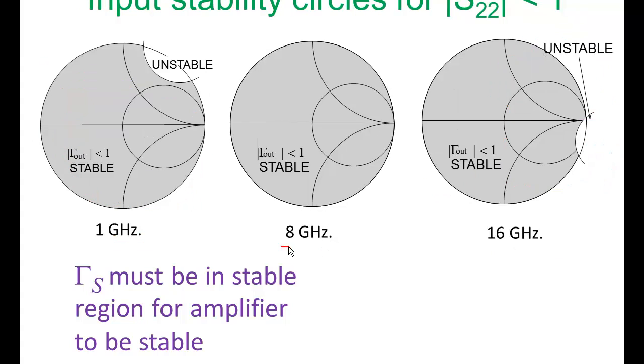At 8 GHz we don't have a problem, but at 1 GHz we must make sure that our input matching network ensures that gamma S is in the shaded region. So if it's capacitive down here, no problems. If we have a resistive load, no problem. But we need to be concerned if we see an inductance looking into the input matching network from the active